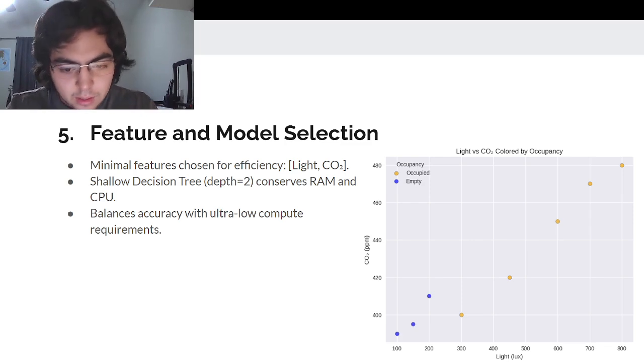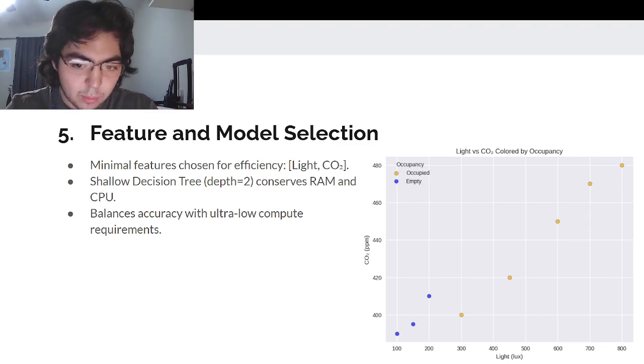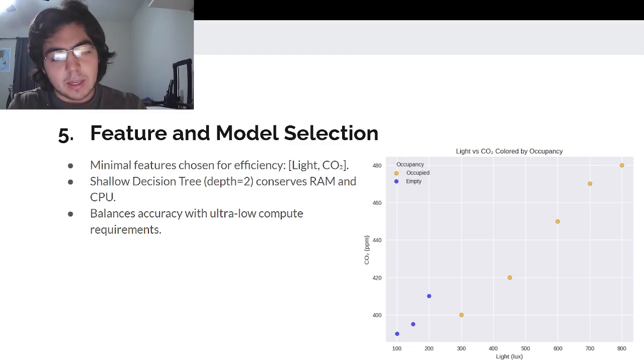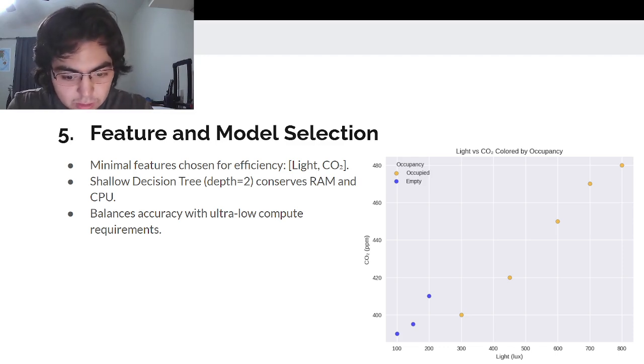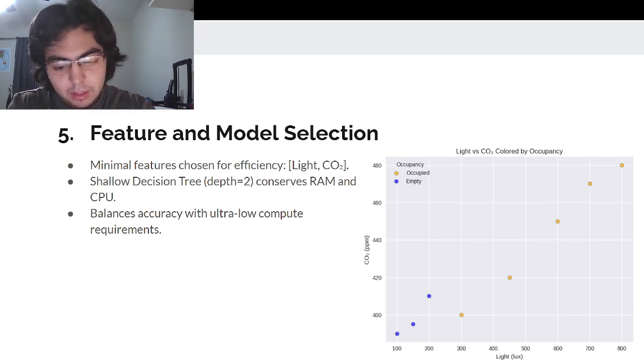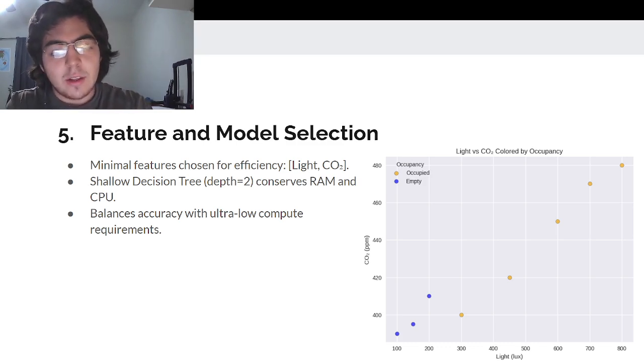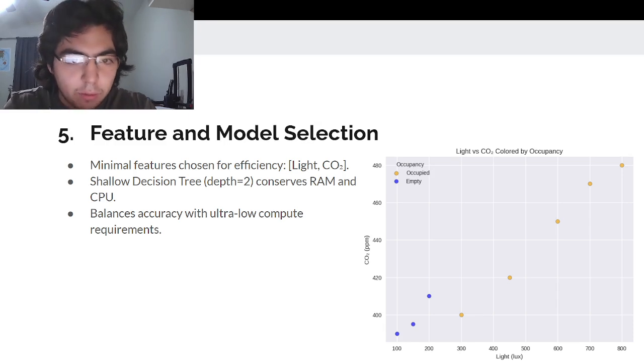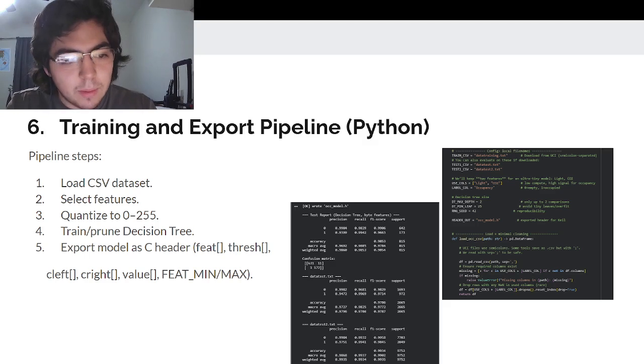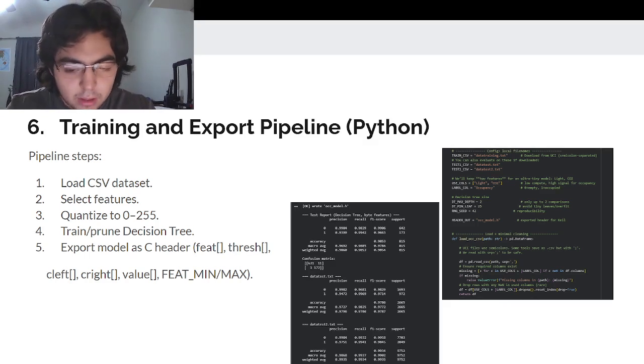In this way, we still have presumably enough sensors to predict whether or not a room is occupied, and it's also enough that we don't overuse the 8051 and maybe push it to its bounds. We don't want to do that because then that's when errors start to come in and more maintenance is required and all of that. So the way we're going to be doing this is we have a Python program that